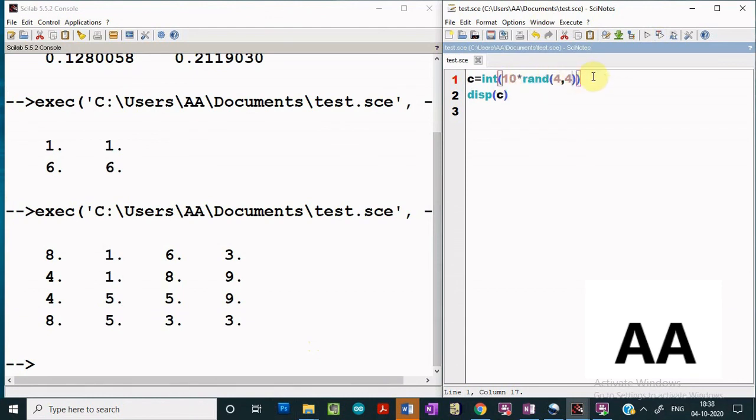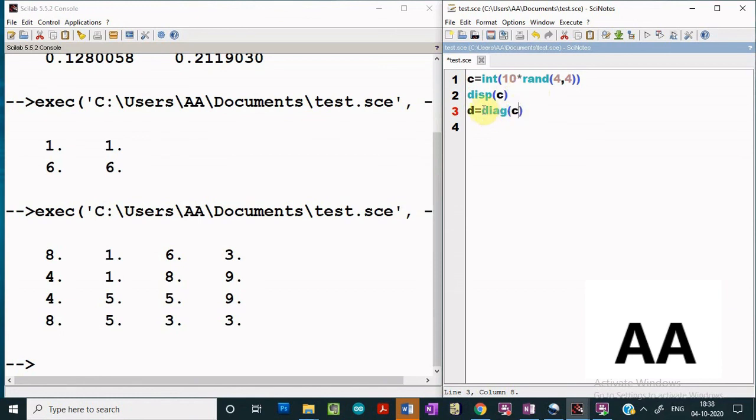Now let us talk about a new function. Say C is a 4 by 4 matrix, and I am interested in the diagonal elements of this matrix. If you wish to extract all the diagonal elements of this matrix, how can it be done?